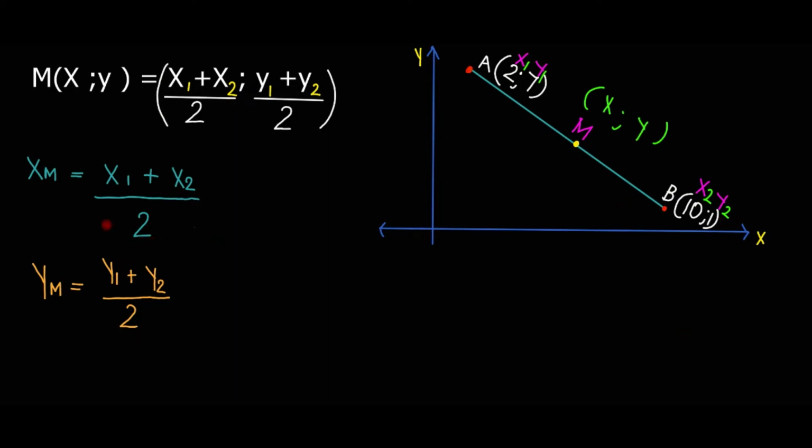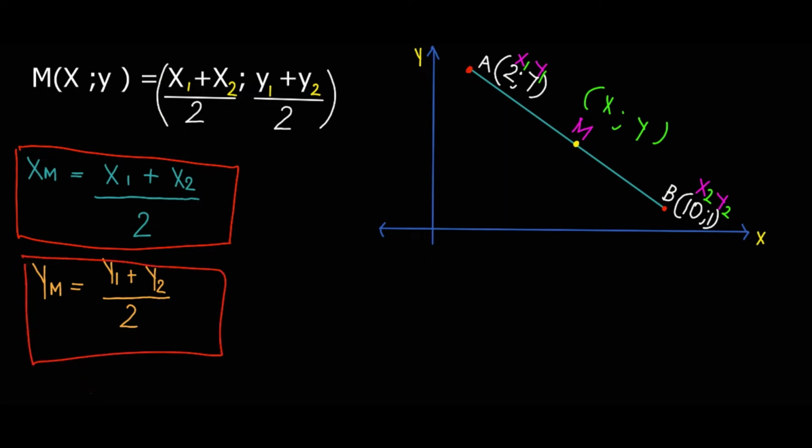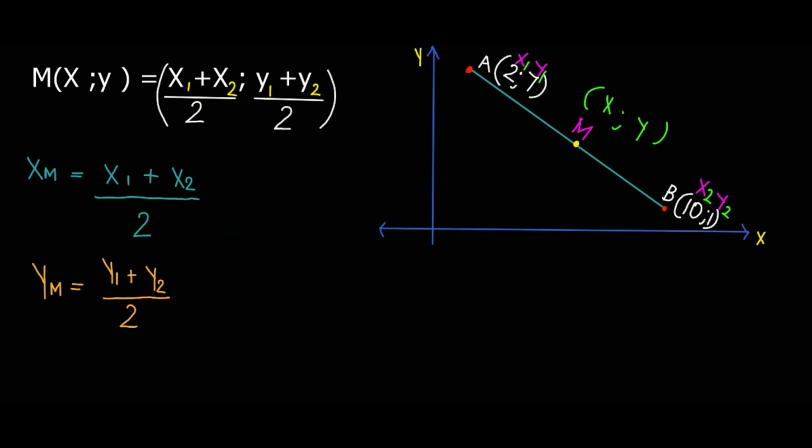So based on this formula, this xm means the x coordinate, and this ym is the y coordinate we want. So we will say x1 plus x2 divide by 2. We have named our coordinates so that this one is x1 and this one is x2. This means we will have